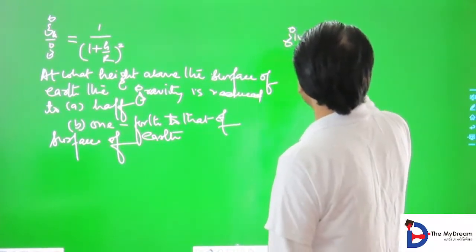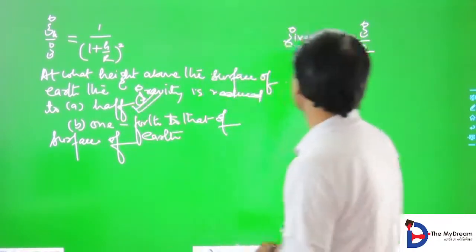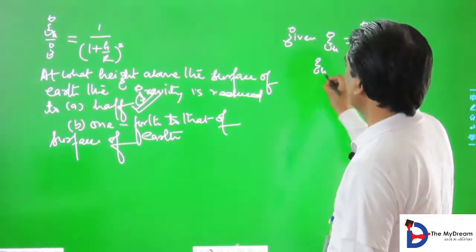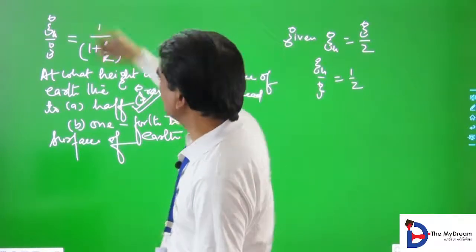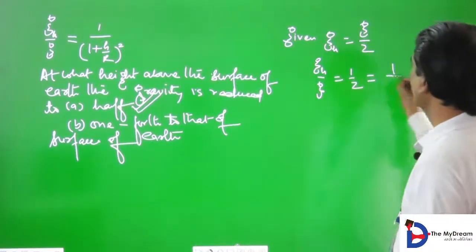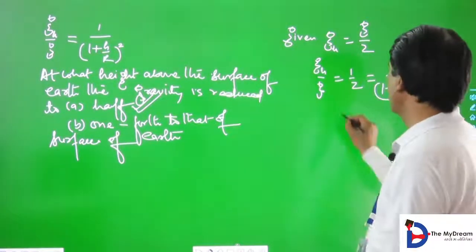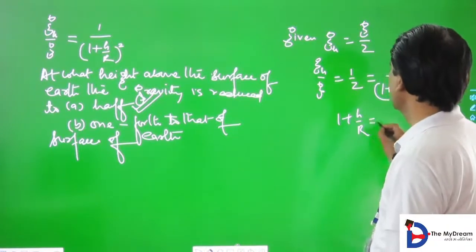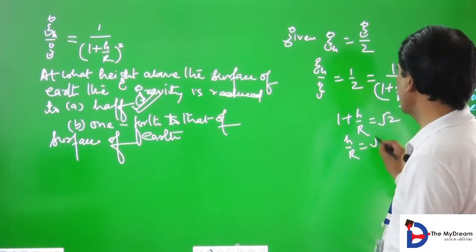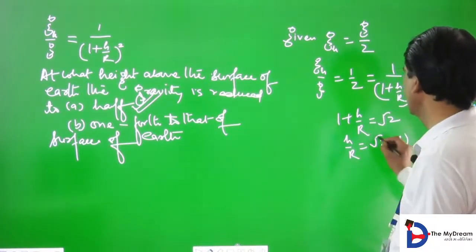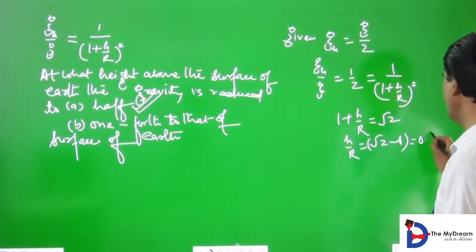GH is equal to G by 2. So GH upon G is equal to 1 by 2, and you know the value of GH by G, that is equal to 1 plus H by R whole square. Take the square root. So H upon R is equal to root 2 minus 1, which is 0.414,